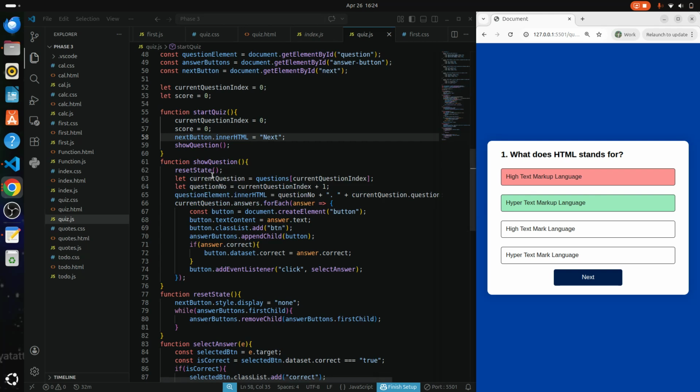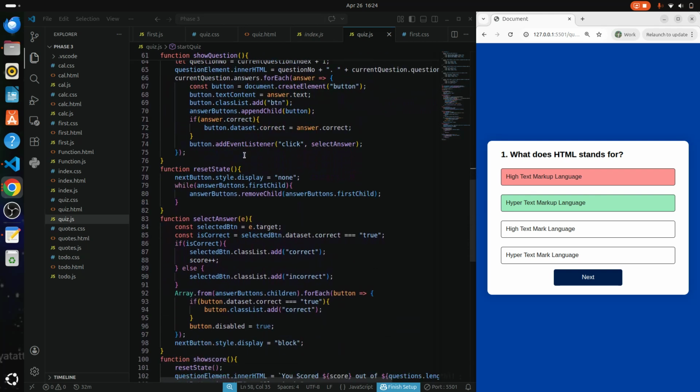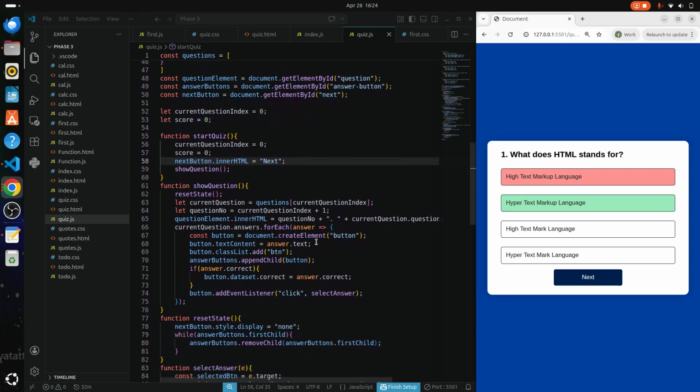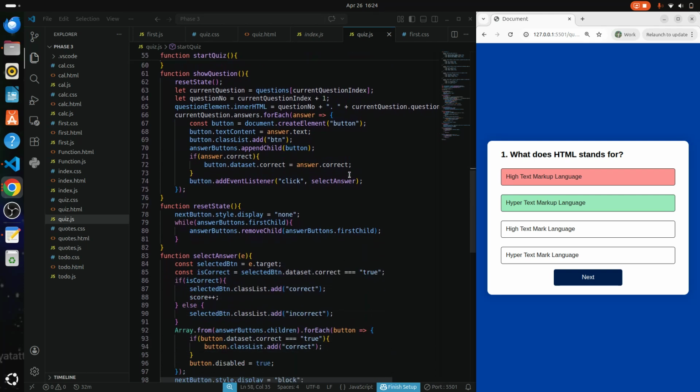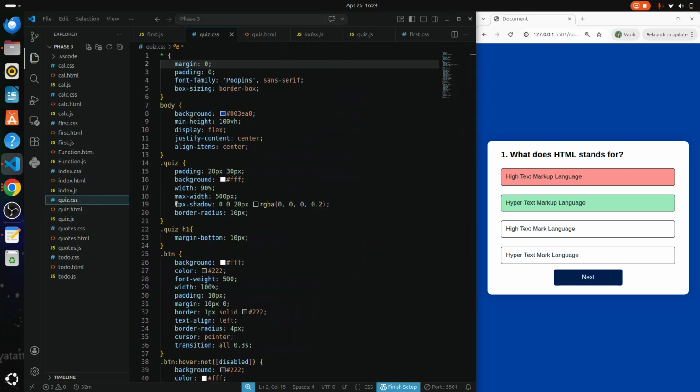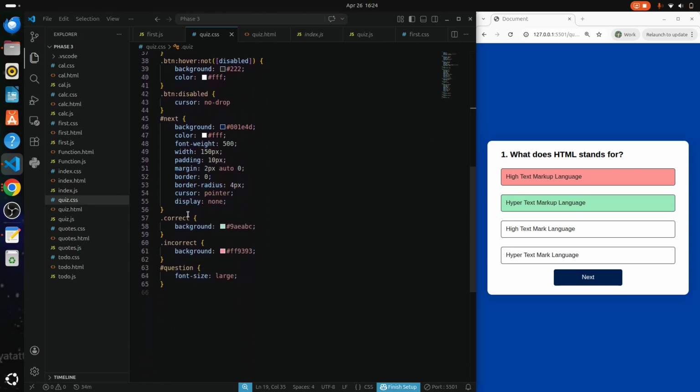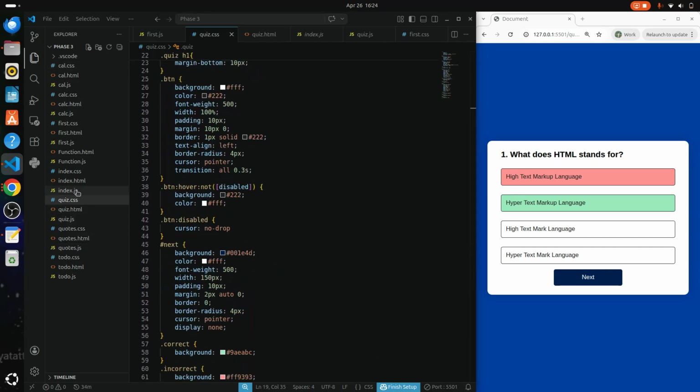And when I click on a button, I use addEventListener for clicking. When I click on that button, it will show red and green. When it is the correct one, it will show green, and the wrong one shows red. For that I use styles in the CSS part. Here I give the ID like correct or incorrect. For the correct, that is green and the incorrect is red. Now next is